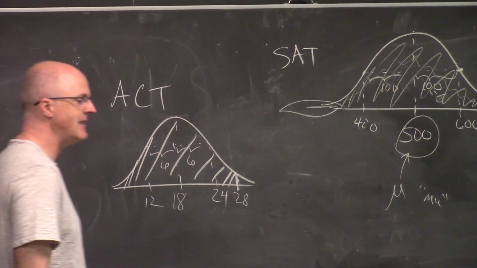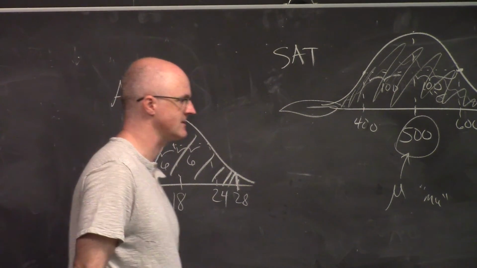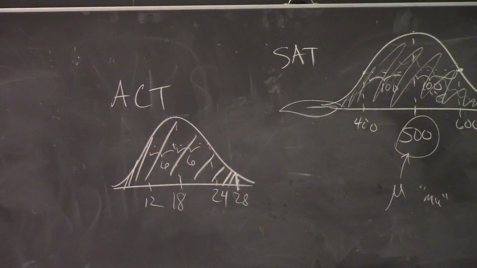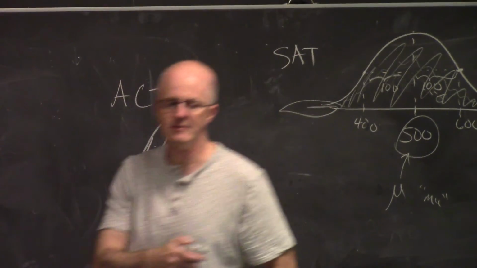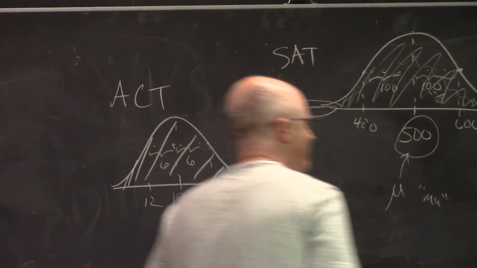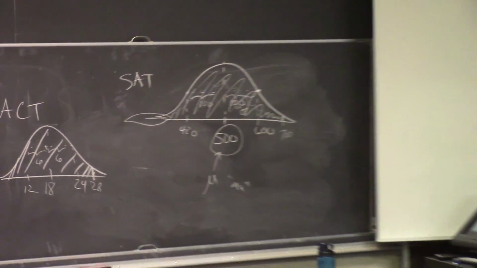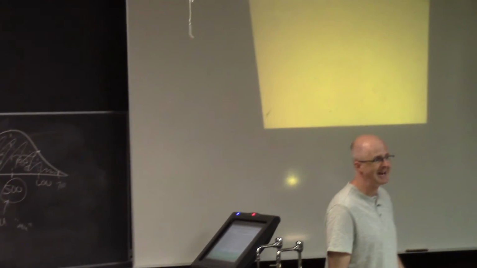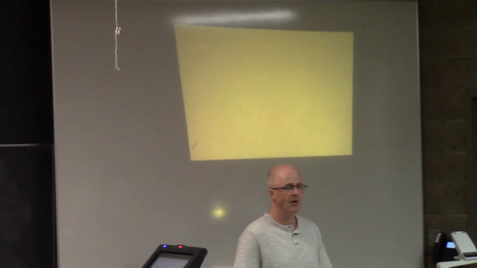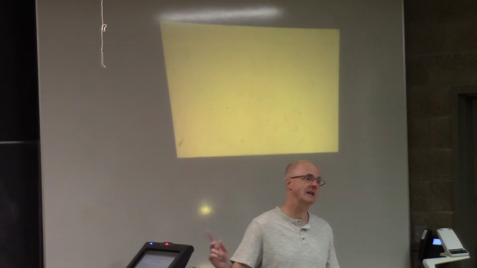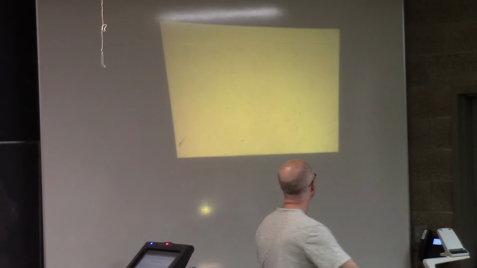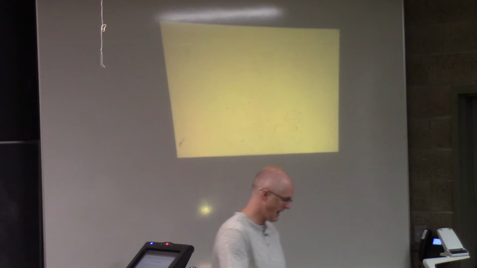How do you actually find these percentile ranks? You've got to find those areas. Two ways to do it. One way with a calculator, but this is not something I'm assuming you're going to be able to always do on your calculator, or it might be different than mine. Or with a table. Everybody should be able to do it with a table. Let me show you how to do it with the calculator first, in kind of the best way perhaps.